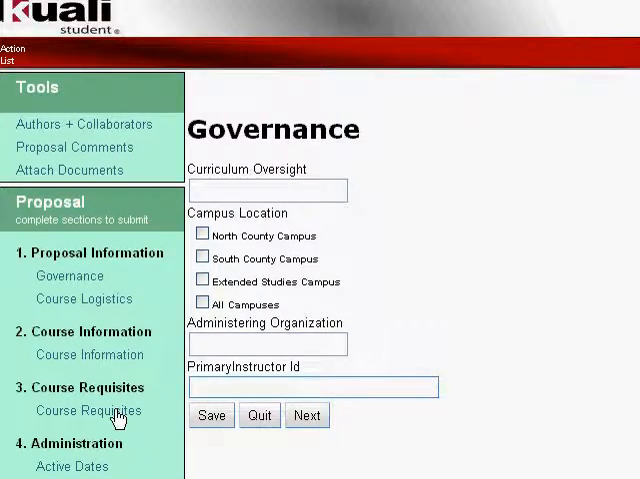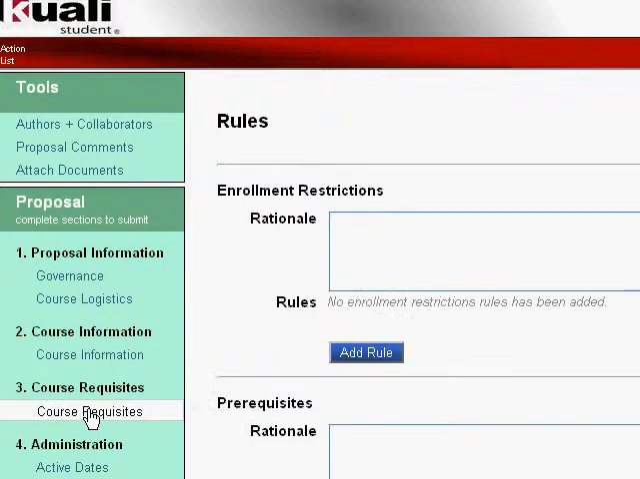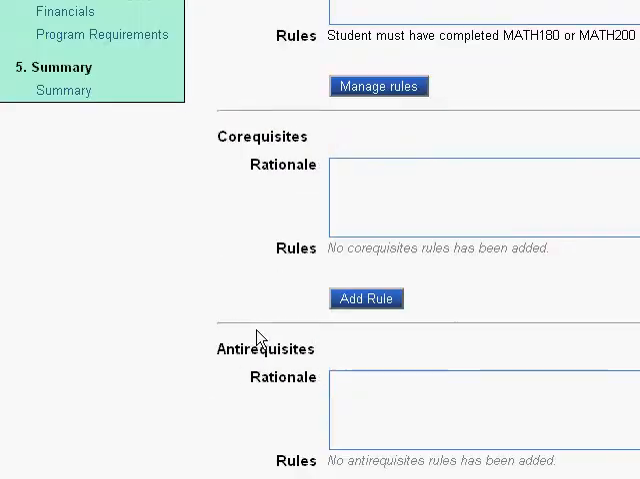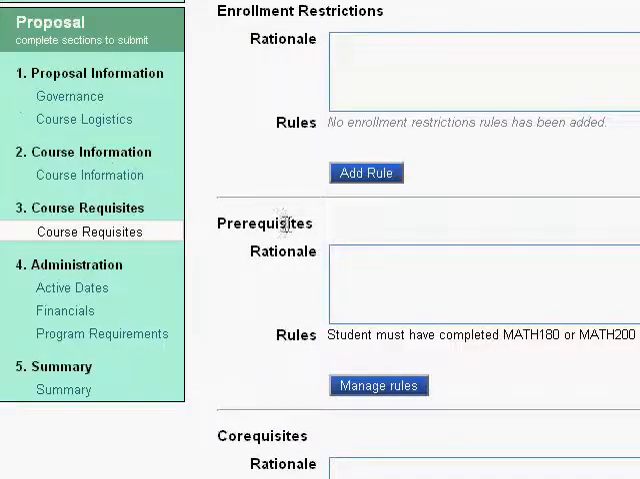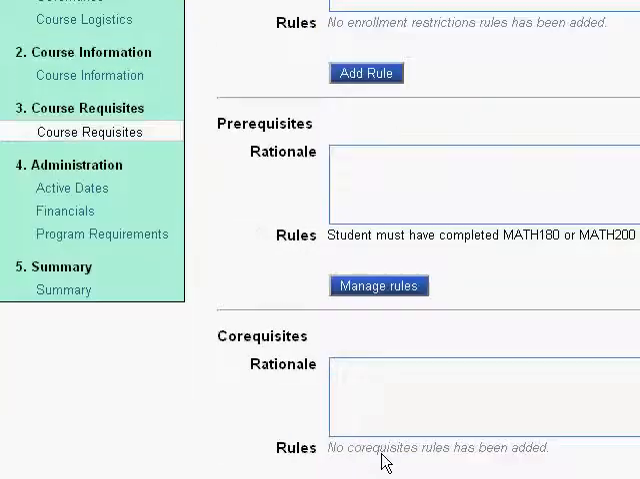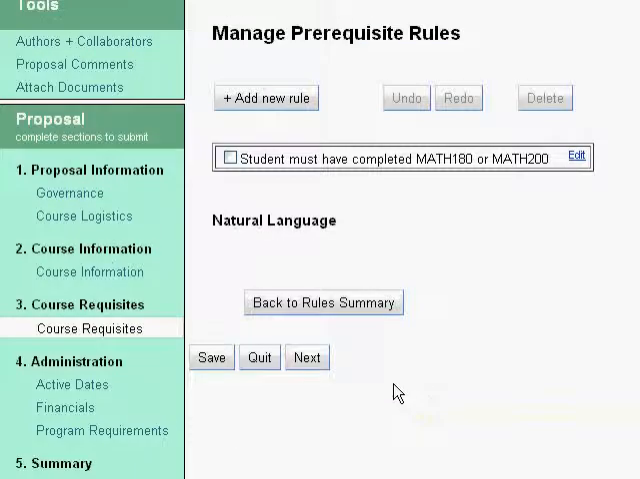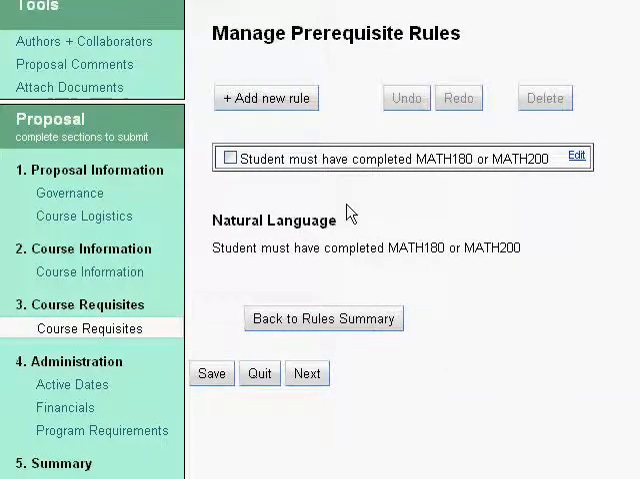Okay, so this is a quick demo of the course requisites screen. If we click on course requisites, we can see that there are several categories of requirements. Currently there's one prerequisite defined, all the other categories are empty. So if we manage rules for prerequisites, we can see that there's this one rule, and there's a natural language